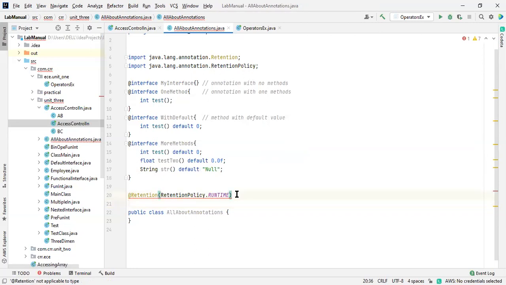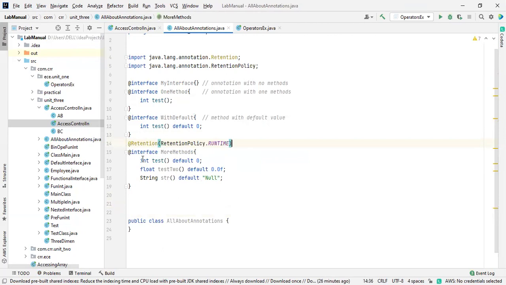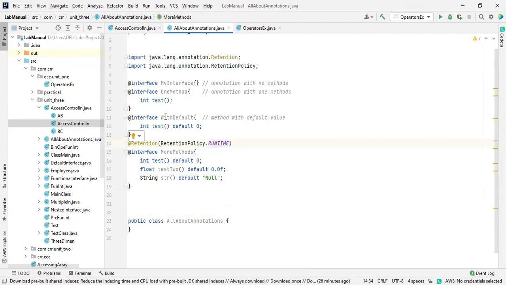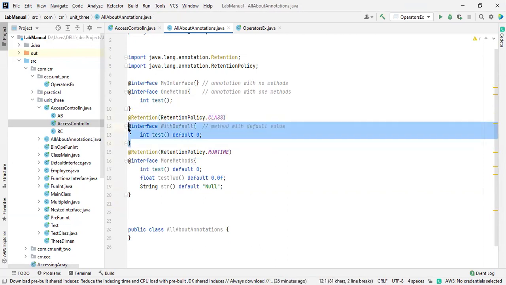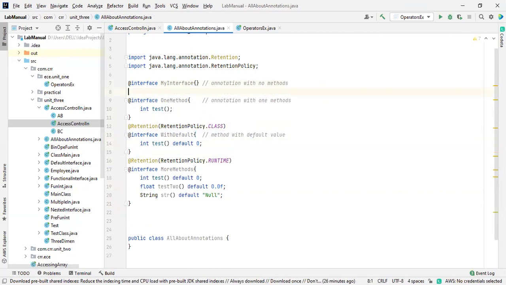So if I mention this over here, I'm instructing: please use this annotation at the runtime. And if I mention this one, it is like a class, so use this only at the time of compilation. And again, this is about the annotation. I think you got a good idea about this now.